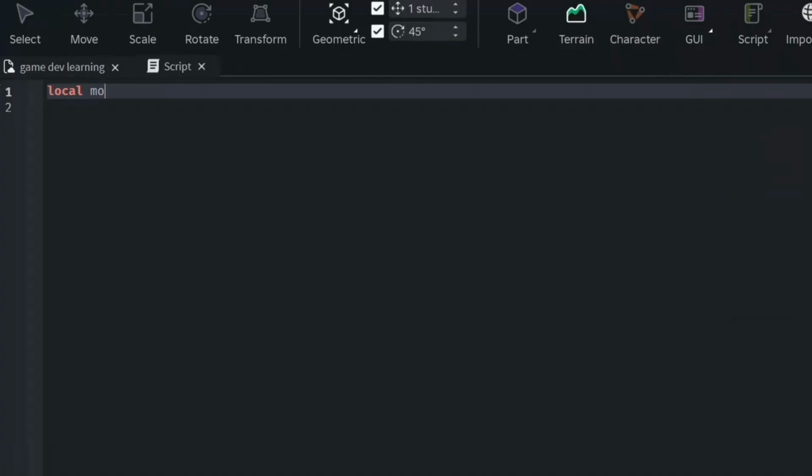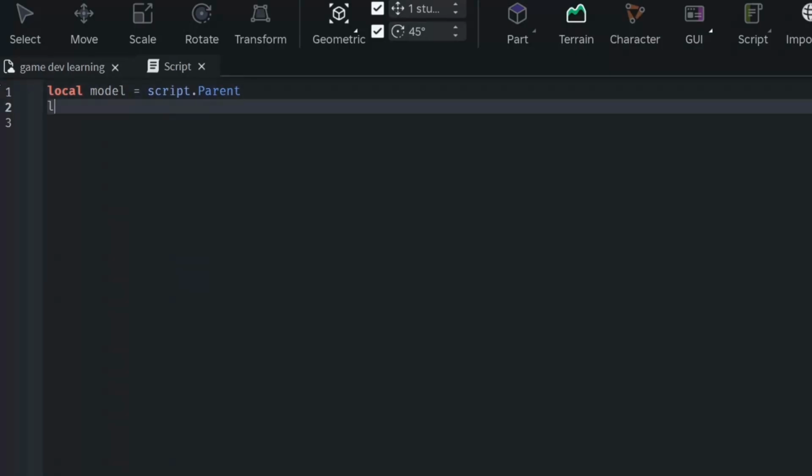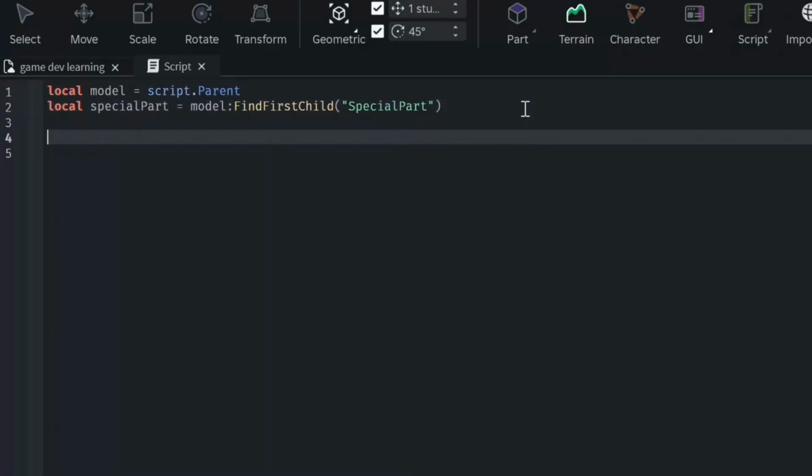So we're gonna have to do local model equals script.Parent. So that is our model. The script's parent is the model. And then we have local specialPart equals, so now we need to find model:FindFirstChild, and we're looking for special part. Yes, right there. Now we need to check if it actually exists, so we need a conditional statement. If specialPart, then